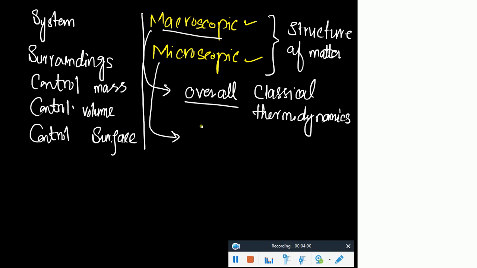Okay, and this microscopic approach is as if you are considering all the molecules as few particles. Okay, you consider their behavior and then you take out the average of them. Just like, for example, just consider what is the velocity. So you would consider the velocity of one molecule, you would consider the velocity of the other molecule, and all, let's say 10, 14 molecules, and you say that this is the average velocity. Okay, so this kind of approach is